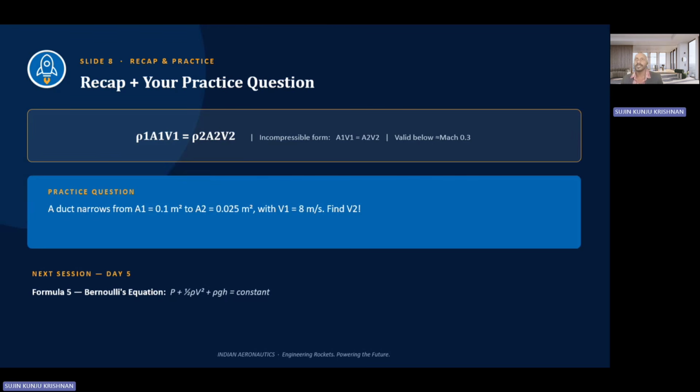That's the continuity equation done. Tomorrow, day 5, we take this one step further with Bernoulli's equation, the formula that explains why that faster moving air we just calculated